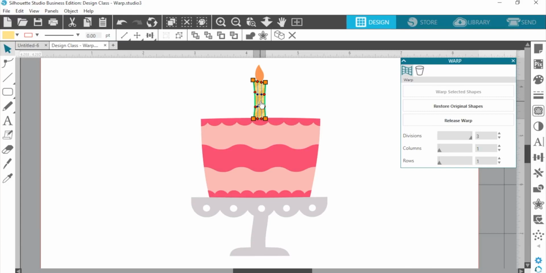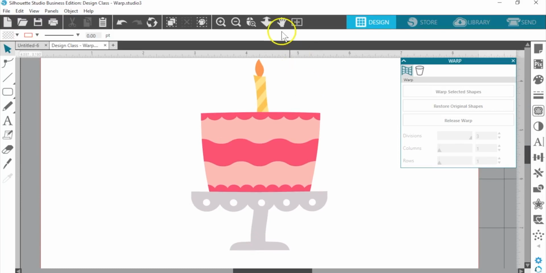If you click on it one more time, that will hide the warp handles, and you can do things like move the whole design. And this one, we're just going to rotate it just a little bit and nudge it over to add a little bit more stretch to it. And then when we like the design, we can commit the warp.